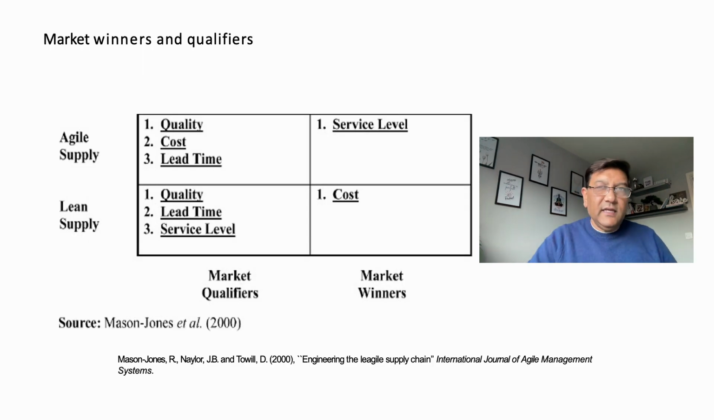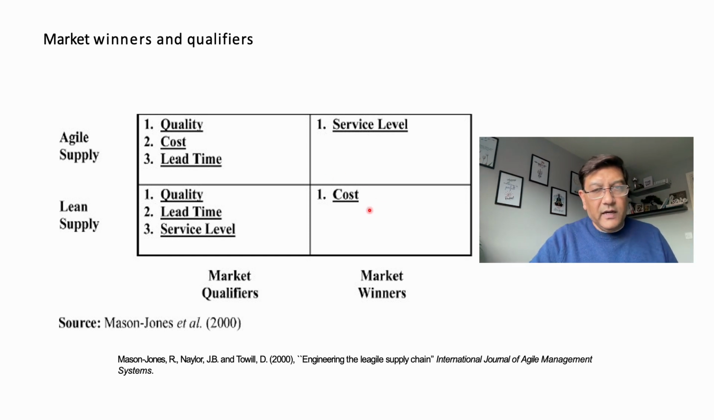Now let's look at the market winners first. In the lean supply chain, the market winner is cost. We need to minimize the cost of our production and our product. So production cost is associated with the product cost, and we need to minimize it. If we are producing something and offering that product to our customer at a minimum cost,